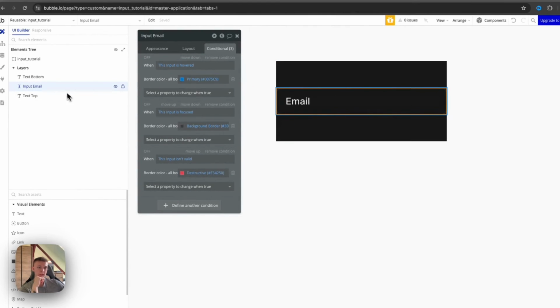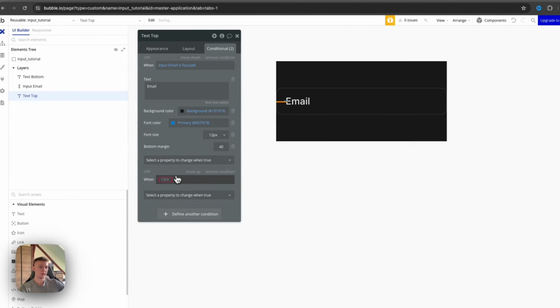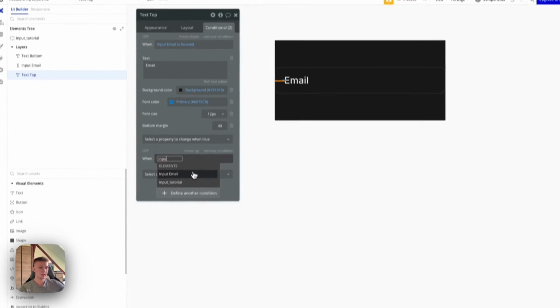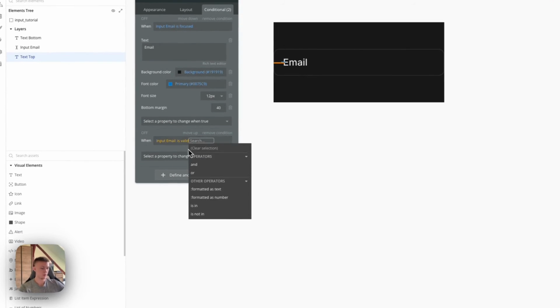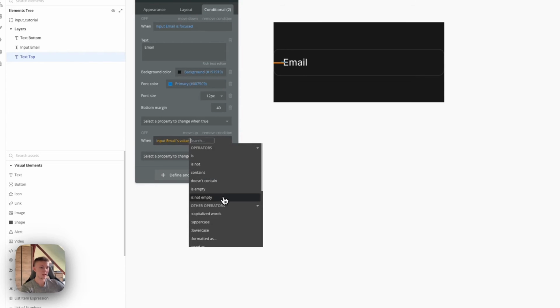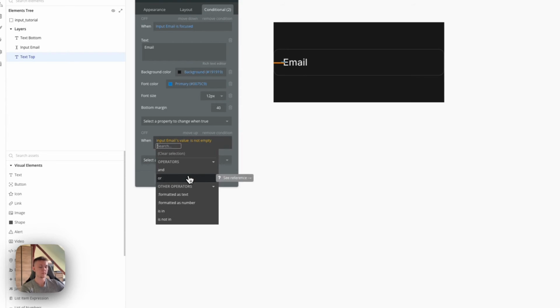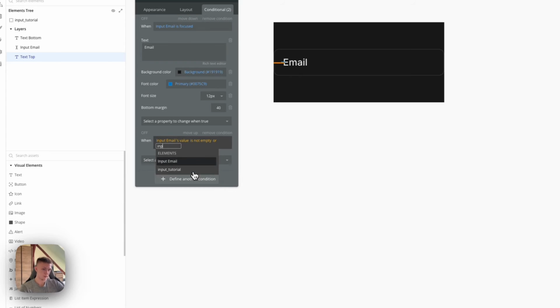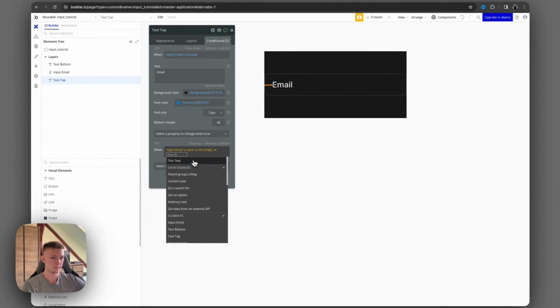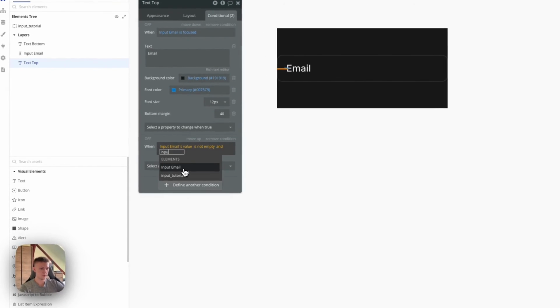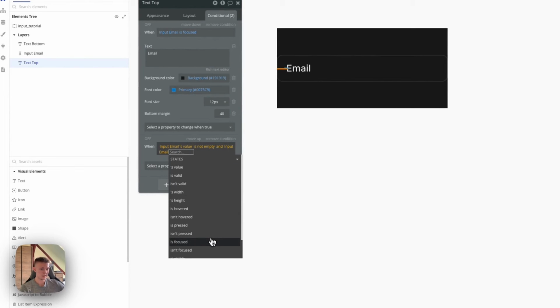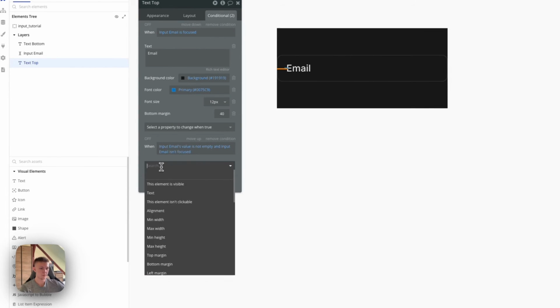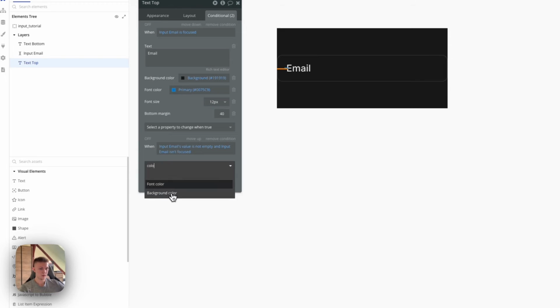And now let's do when input email's value is not empty, and input email tutorial isn't focused, then the font color is going to be the same thing as the border, for example, right? So if I was to preview this,